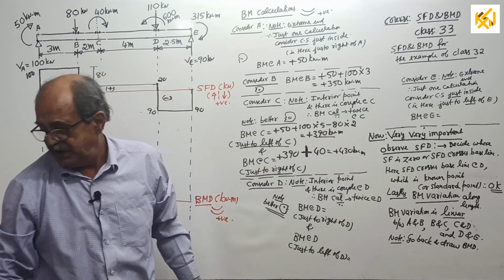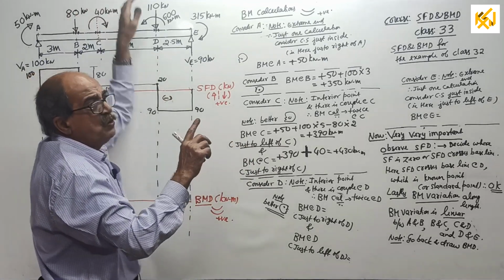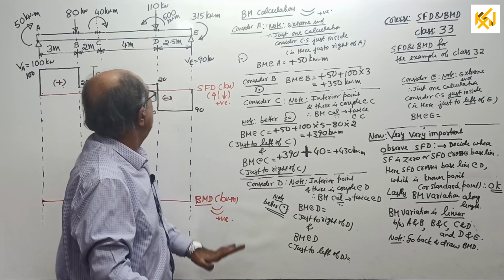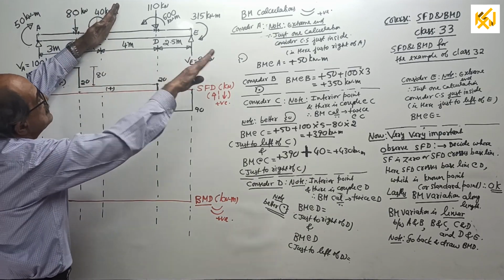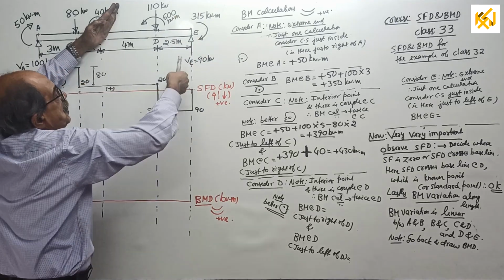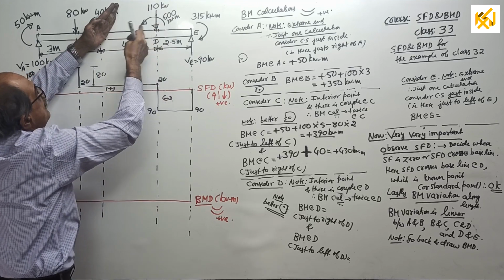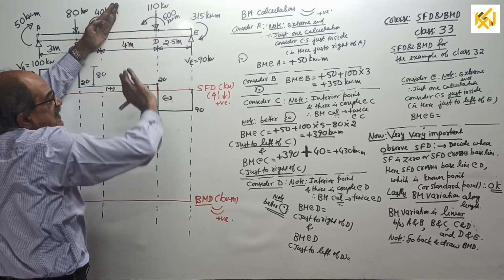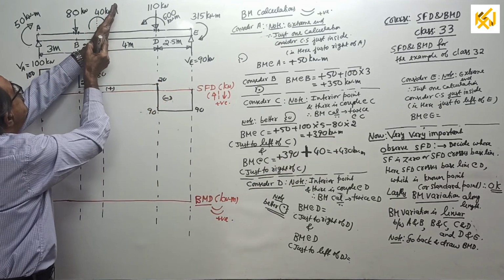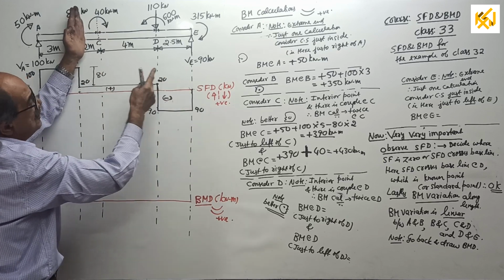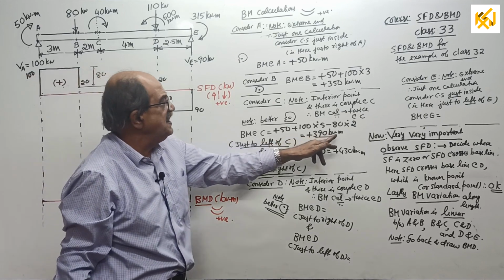Those who are serious, see, not required. Or suppose you are going to look right side. Then first find BM at C just to right side. See here. Start. Minus 315 plus 90 into 6.5 minus 110 into 4 plus 600. It will come plus 430. Then when you come to just to left, whatever you got, then minus 40. See, minus 40. It will come back once again 390.